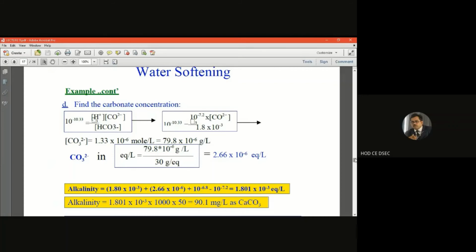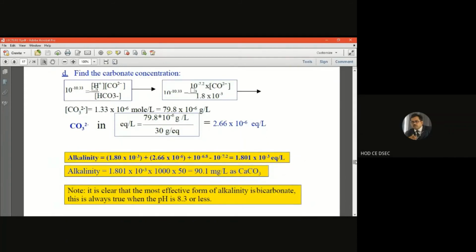Then what will be the alkalinity? Alkalinity is HCO3 minus, that is 1.8 into 10 to the power minus 3 equivalent per liter, plus CO3 2 minus, that is 2.66 into 10 to the power minus 6, plus OH minus, that is 10 to the power minus 6.8,